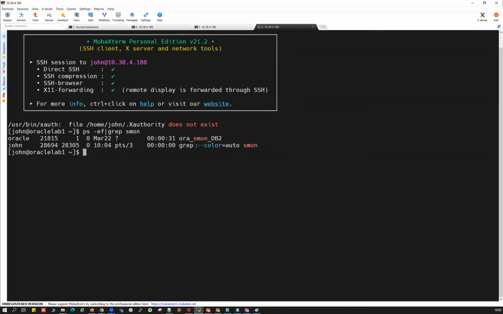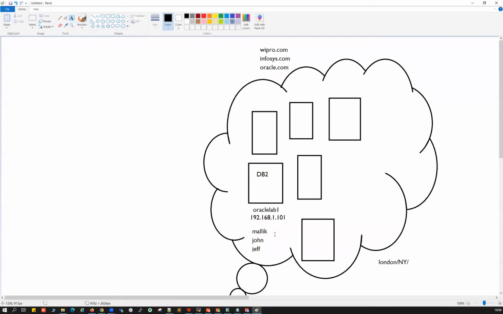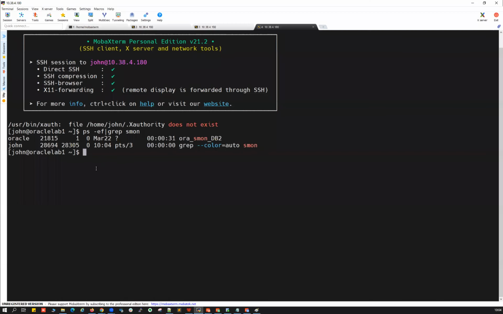Right now, this DB2 is owned by Oracle. Why do we go with the Oracle user? It's a common user. And we'll share this Oracle username and password with all 10 DBAs so that anybody can switch to the Oracle user with that password.